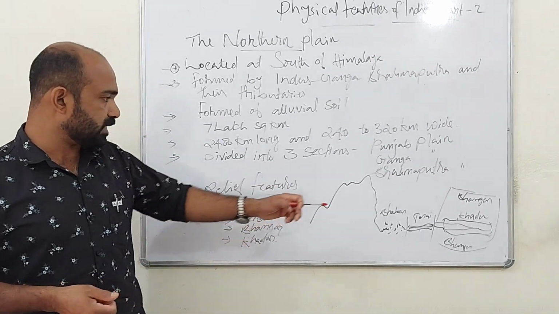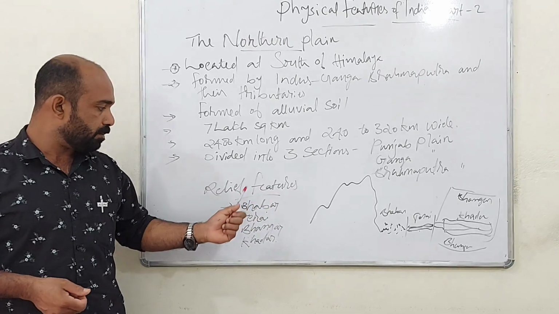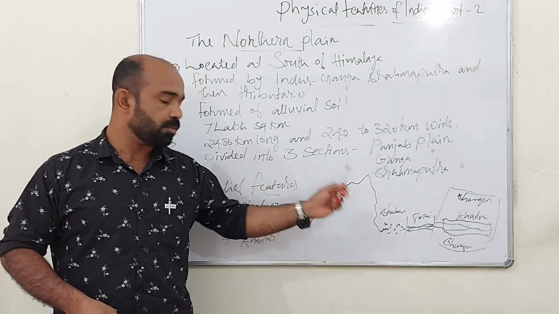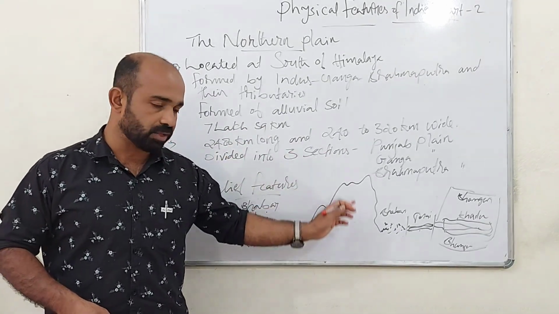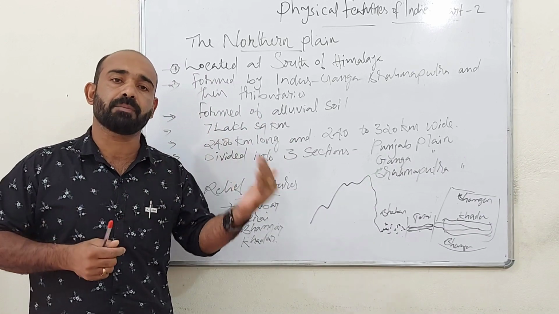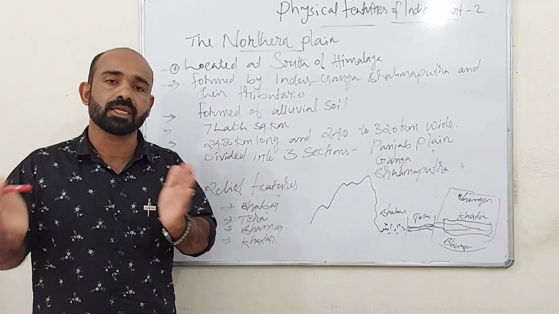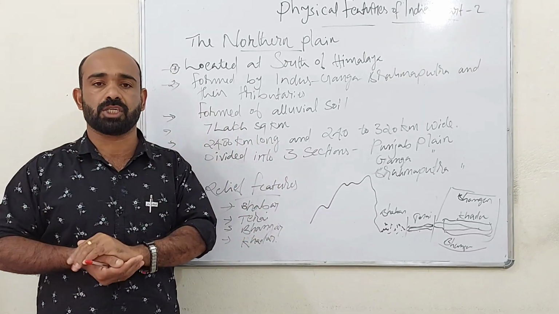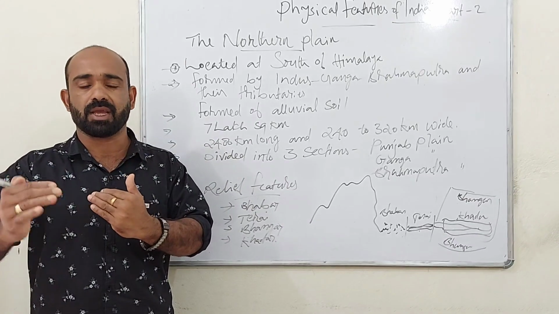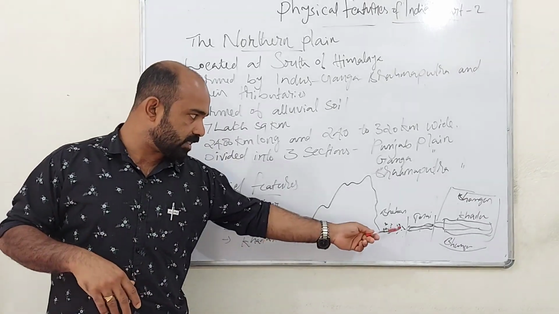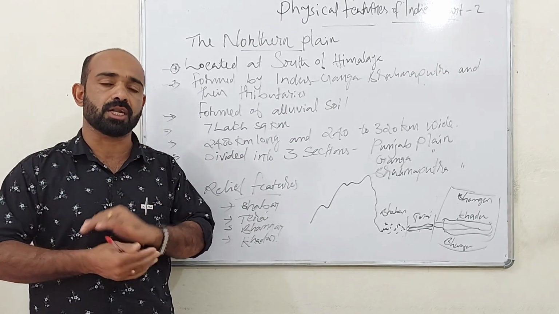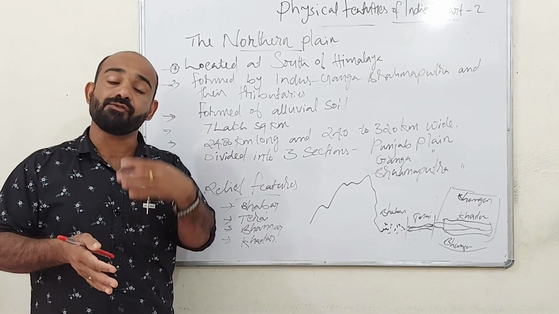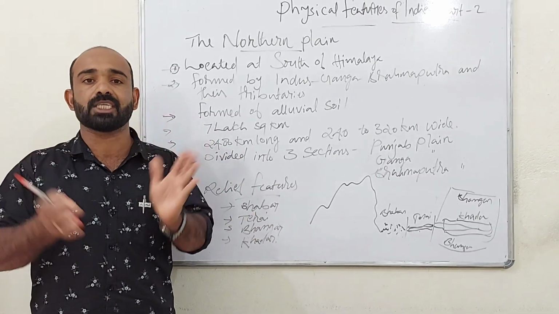So these are the four sections as per the relief features: Babar, Terai, Bangar and Khadar. Babar is a pebble deposit region at the foothill of the mountains. Rivers deposit pebbles, and this is around 8 to 16 kilometer wide. In this pebble deposit region, no vegetation is found because it is just like a rocky surface area. The next part is called Terai. This is a marshy, wet area, and because of that, here vegetation is found.